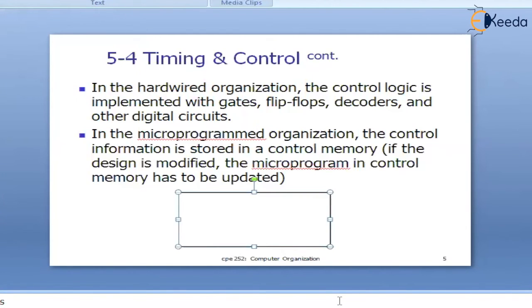just nothing but a hardware unit, in which there are flip-flops, gates, decoders, encoders, and digital circuits. In order to design the hardware control unit, we need combinational circuits and sequential circuits, as in digital logic.